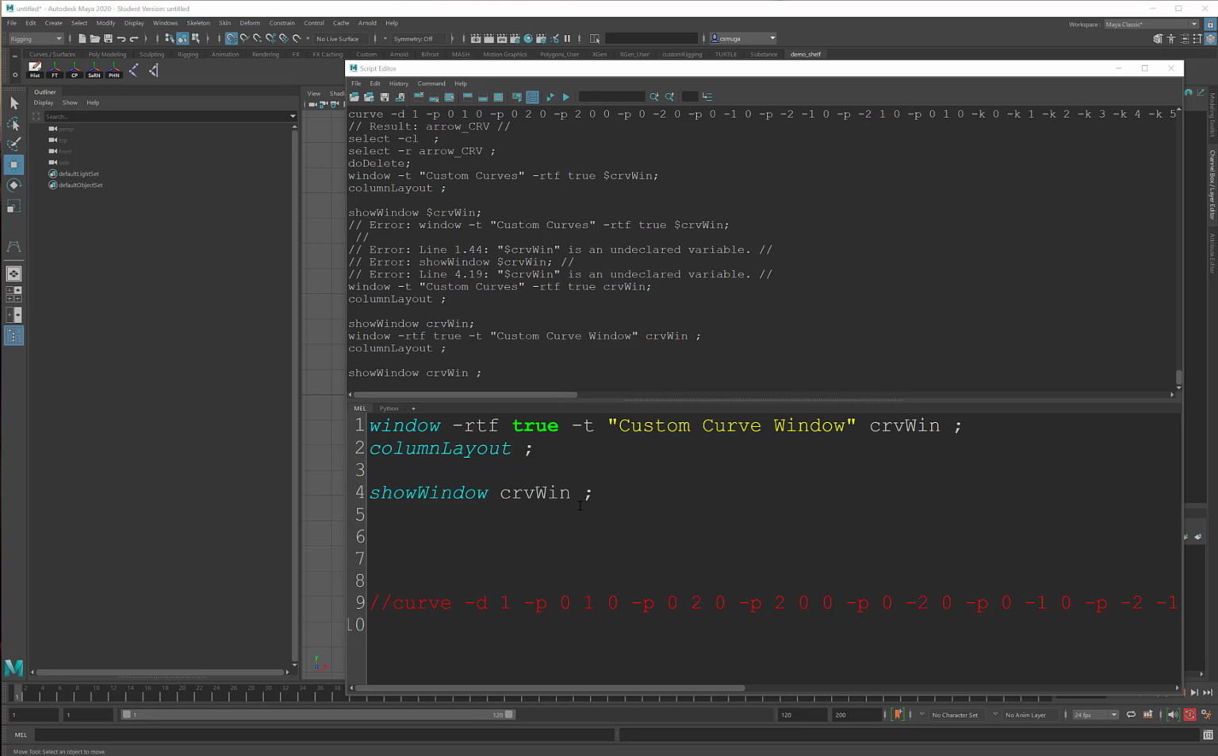Now that I've got this script and I know that it makes a window, the next thing I need to do is give my window a way to generate this curve, and for that we're going to be using buttons. I love buttons because they're really simple to make. All I have to do is make a button, like so. Again, once it turns blue, I know that it is a legitimate command,